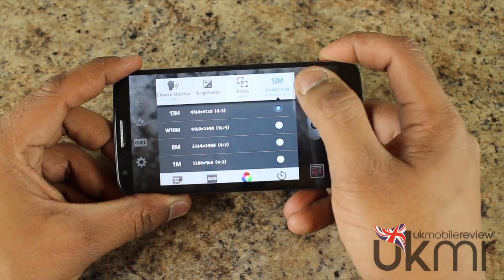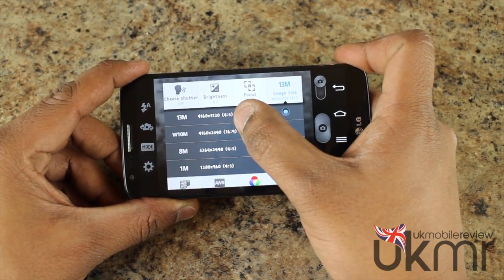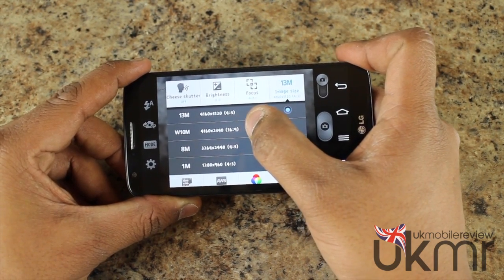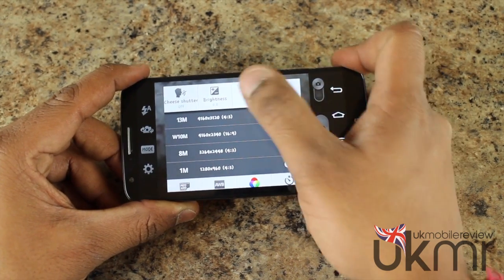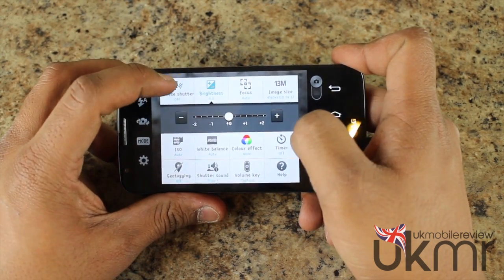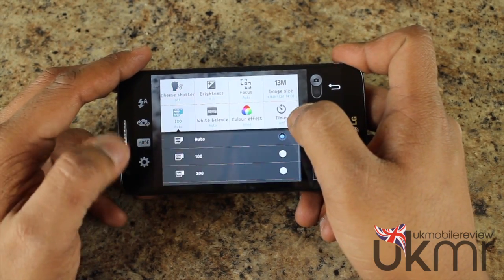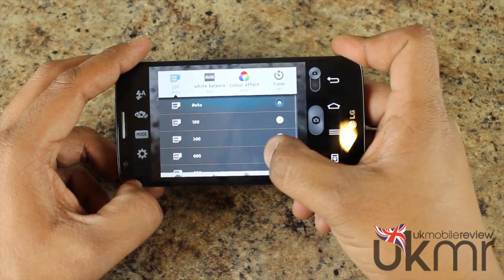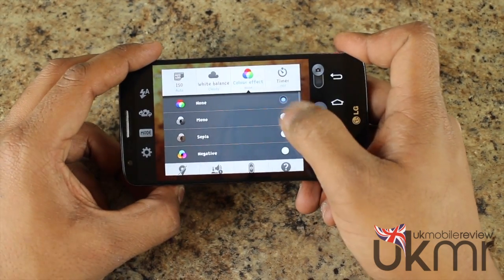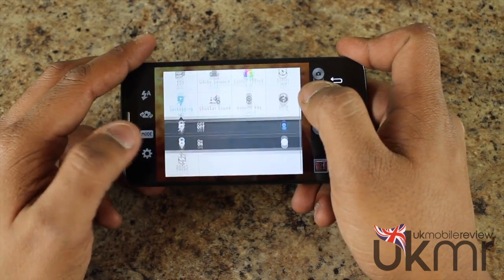You just tap on it to change the size of an image. So you can notice some images here are 13 megapixel, for example, it would be a 4:3 aspect ratio, or wide angle 10 megapixel, which is 16:9 aspect ratio. You've got different types of focus, auto, manual or face tracking, your brightness levels, cheese shutter allowing you to say cheese to activate the phone to take a picture, different ISO levels from 100 to 800, you've got your white balance, different options, color effects, mono, sepia or negative, different timer, 3, 5 or 10 seconds,